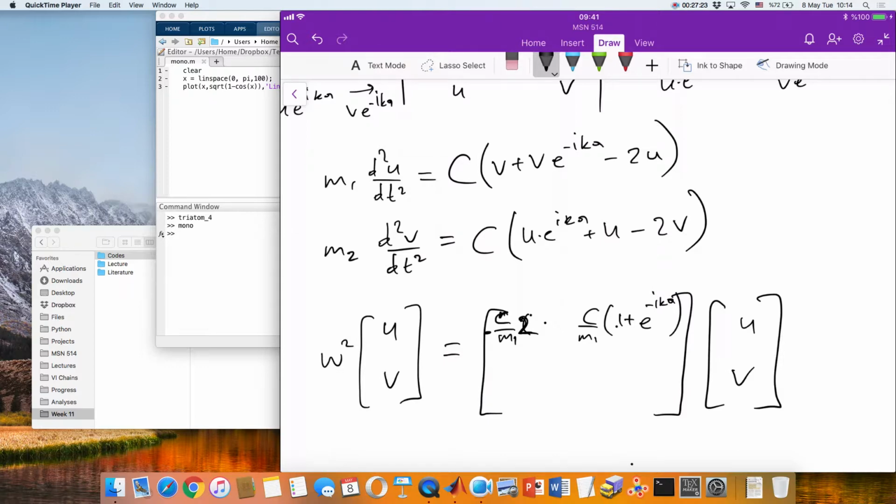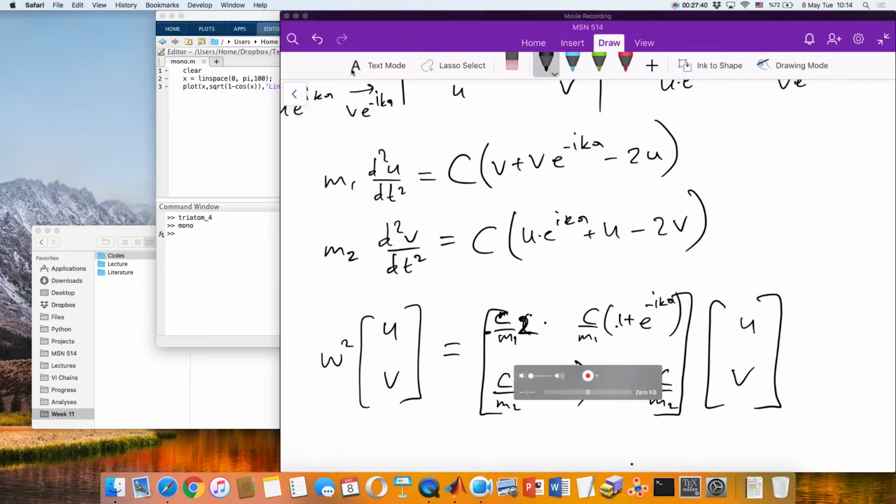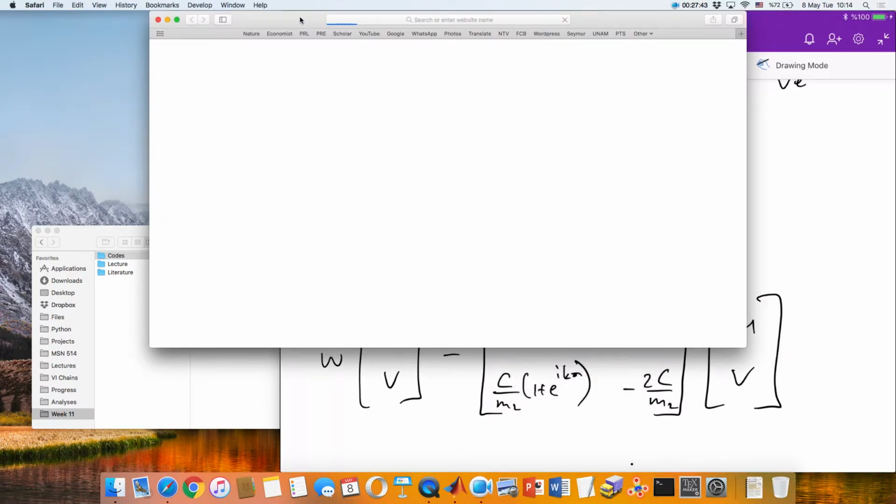I hope you agree with this too. m2 1 plus e to the ika minus 2c over m2, etc. Right? So I know how boring it has become for you, so I will just